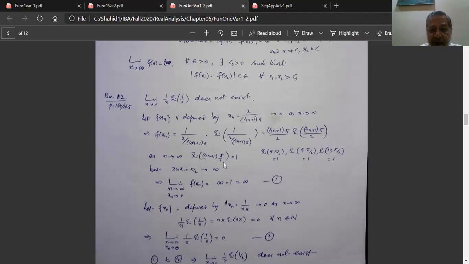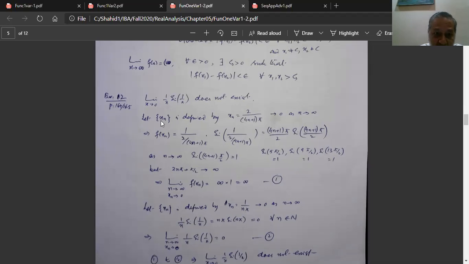2 पाई ऐड करते चले जा रहे हैं, तो 5 पाई बाई टू, 9 पाई बाई टू, 13 पाई बाई टू, जिससे ये जो साइन सीक्वेंस बनी इसकी हर टर्म 1 चली आ रही है। दैट इज वाई एज एन अप्रोच इंफिनिटी दिस गोज टू 1। और इस फैक्ट को इस्तेमाल करके हमने इसकी लिमिट लिखी। जो आउटसाइड टर्म है दैट इज गोइंग टू इंफिनिटी एज एन अप्रोच इंफिनिटी, बट साइन फैक्टर जो है दैट इज गोइंग टू 1। So infinity into 1 is infinity, and the limit of this function as x approaches